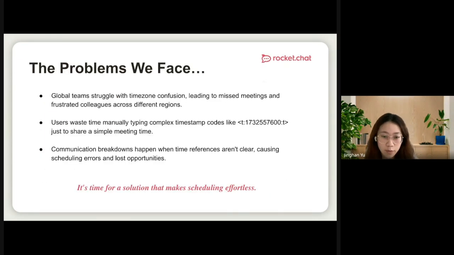team. So we've identified three major pain points that the team faces every day. First, global teams are constantly faced with the confusion of time zones, and this will lead to missed meetings and decreased productivity for different reasons. And I think many of you may have faced this embarrassing situation, like missing a meeting because you miscalculated the